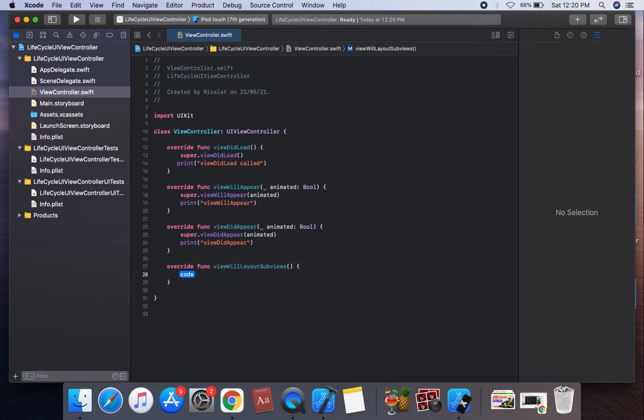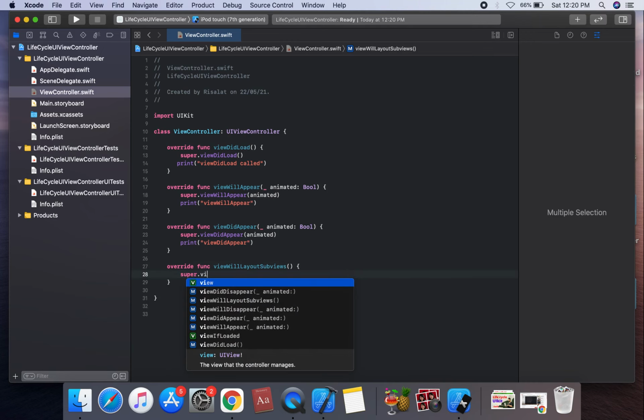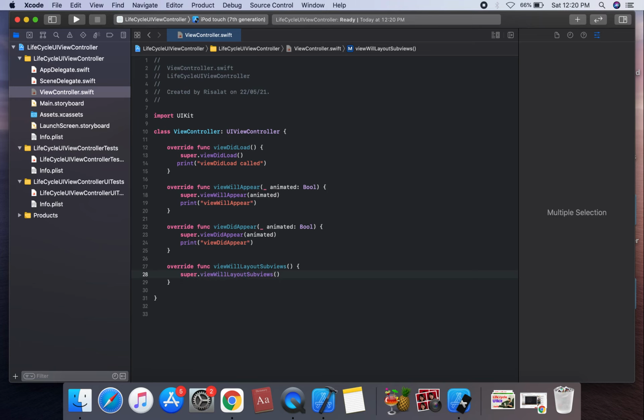We should call super.viewWillLayoutSubviews, and we can use a print statement. viewWillLayoutSubviews is called after viewWillAppear and before viewDidAppear, when a view's bounds change and the view lays out its position.